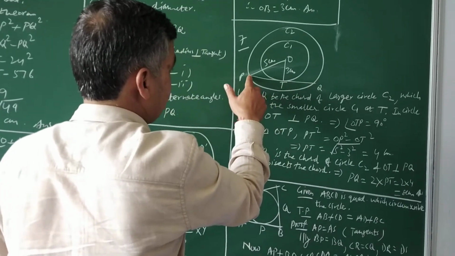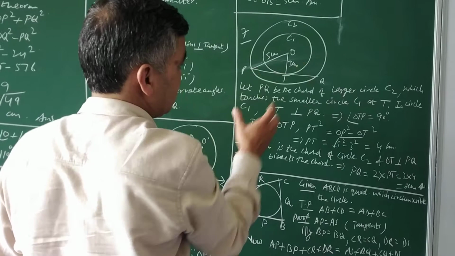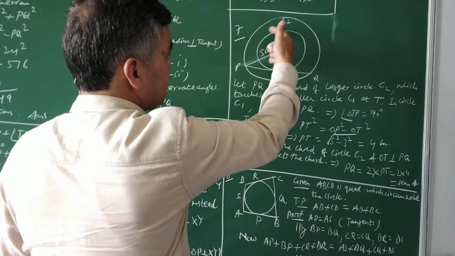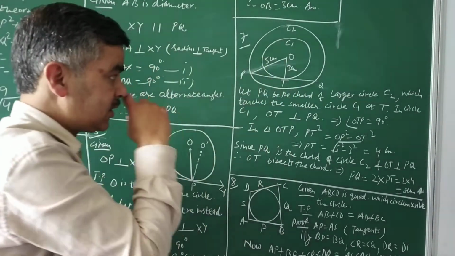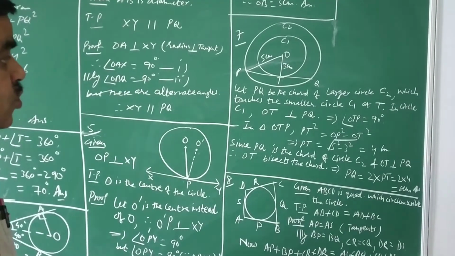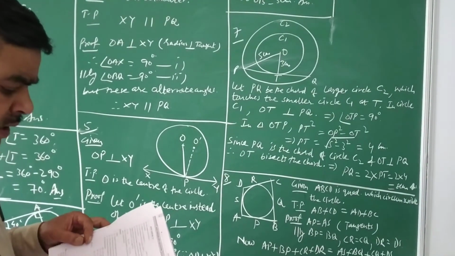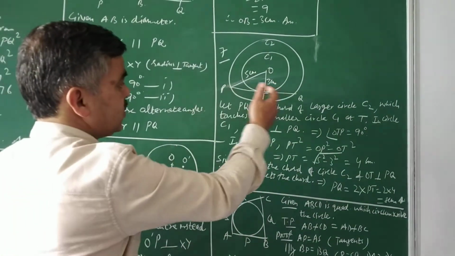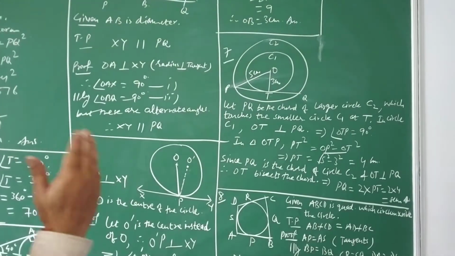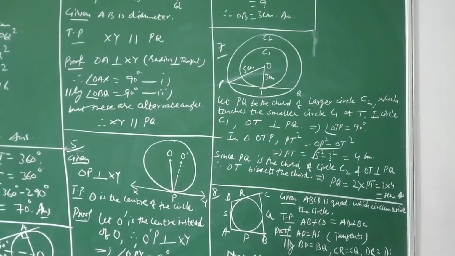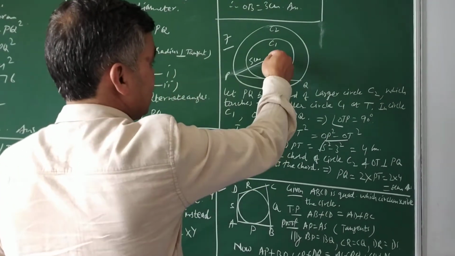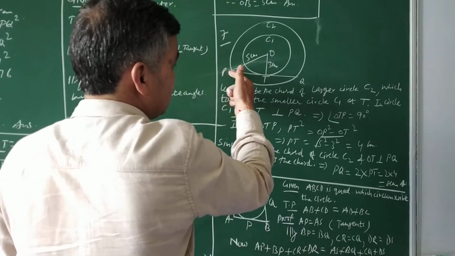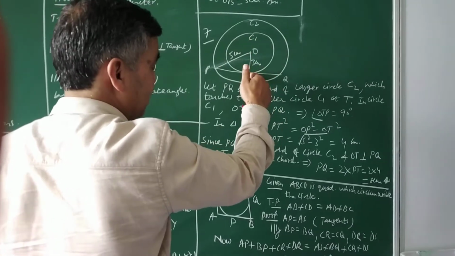Now you know the line joining the endpoints lying on the circumference of a circle is called the chord of the circle. So the chord of the bigger circle touches the smaller circle somewhere at P. This is given. Now you need to find the length of the chord of the larger circle. So you need to find the length of this chord PQ, and the radii of both the circles, that is the smaller one C1 and C2, are given to you. So write all this information, and when you join the radii OT and OP, now OT is the radius and this is the tangent to the smaller circle. So radius is perpendicular to the tangent.